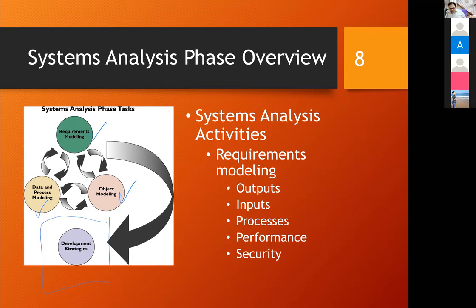For the performance of the system, how are we going to measure it? If you have studied other CS subjects, we talk about big O, right? But in terms of this kind of business information system,